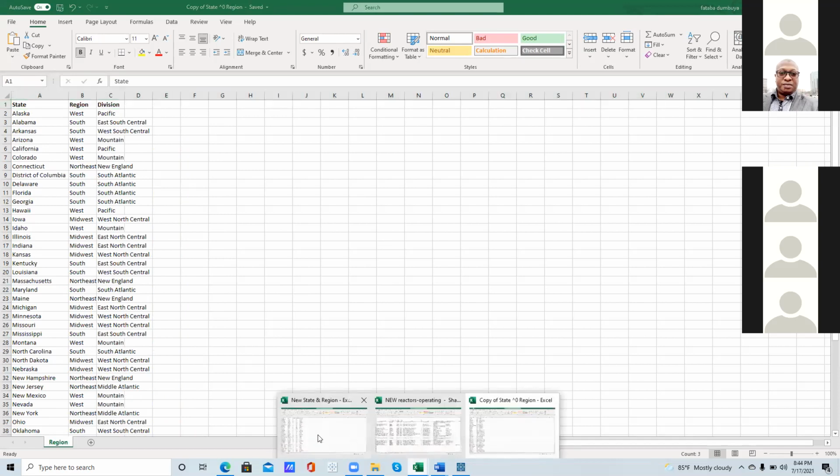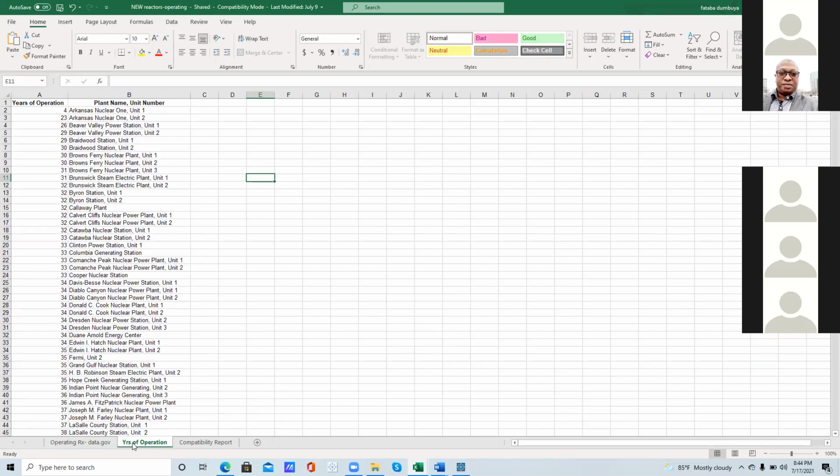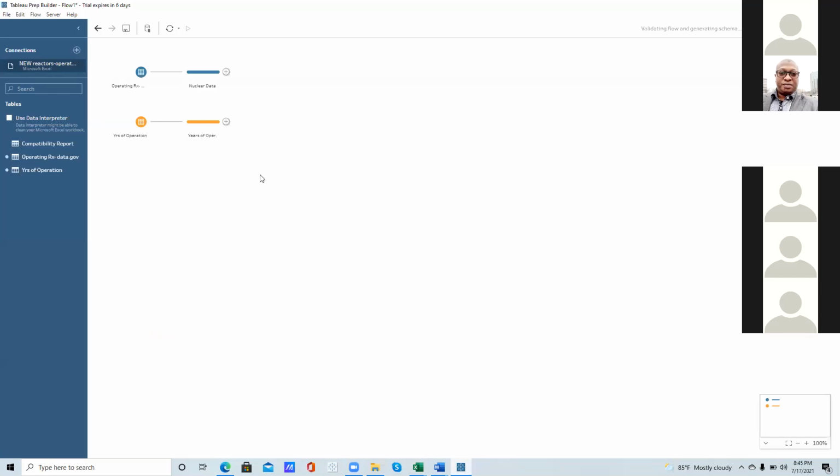I know there's one that doesn't have a header initially, so we need to put the header on. This one is okay, it has its header. Okay, year of operation. You were able to do this one yesterday. Great. So this is what Chidi maybe hasn't done. That was why we had to revert back to it. So we can go back to Tableau Prep right now. I just wanted to be sure that we have all of those things sorted out before we proceed. Cool.